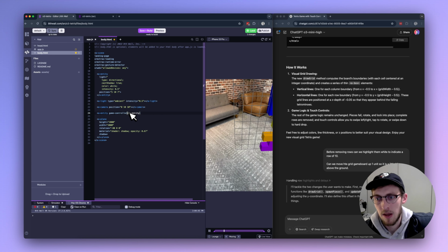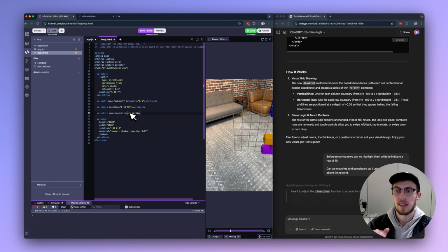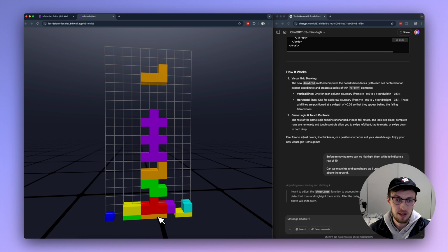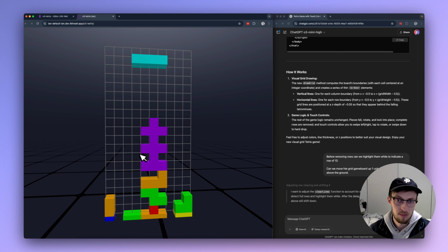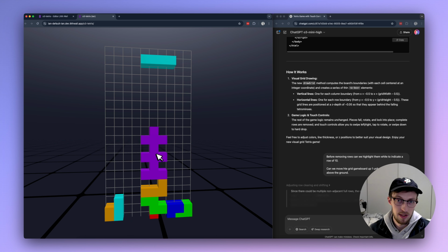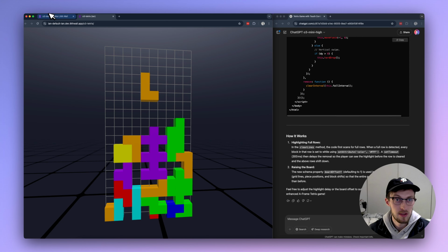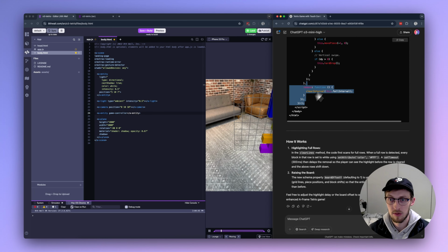So I just want to have the highlight for indicating when a row of 10 is, and then also just want to move it up like 1 unit because it's kind of clipping a little bit on the ground here, which in AR will show. But still, I mean, this is pretty damn sick. And I don't know how many hours this would have taken to just actually code. So it's cool. What's also interesting is just kind of the way it thinks about registering and creating these components. I've tried this in the past, and it's just getting better and better. So, all right, cool. So what we're doing again is just